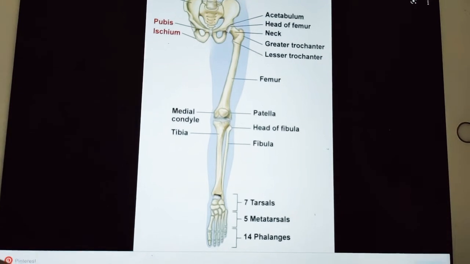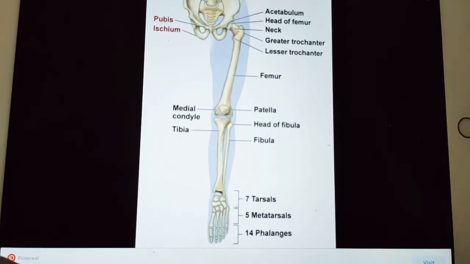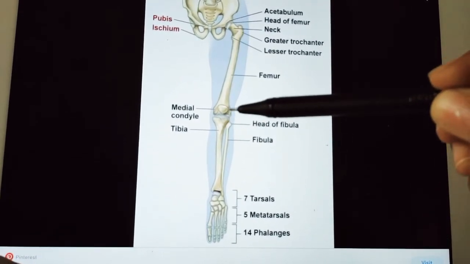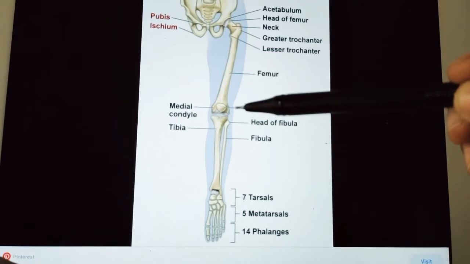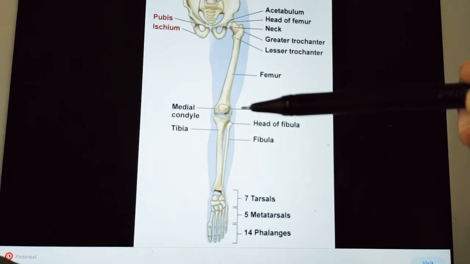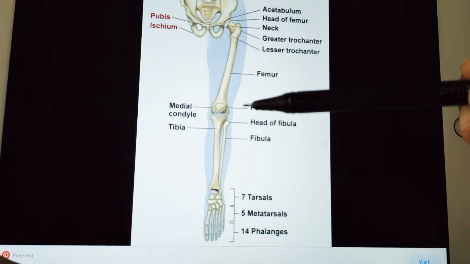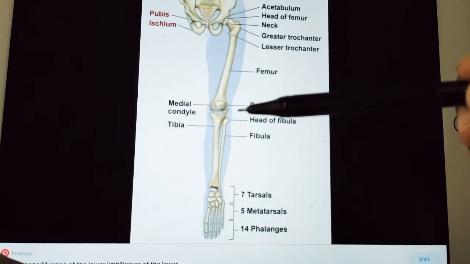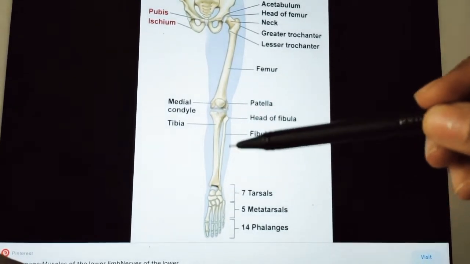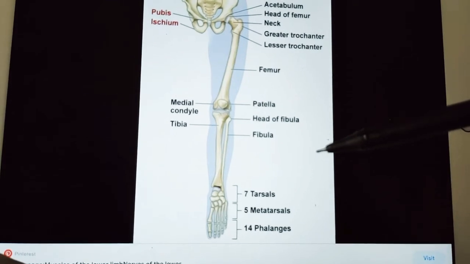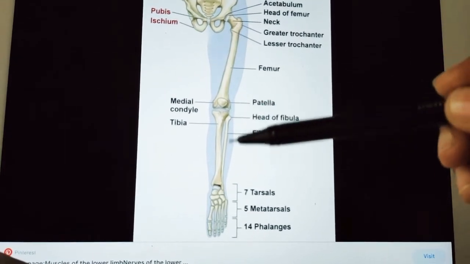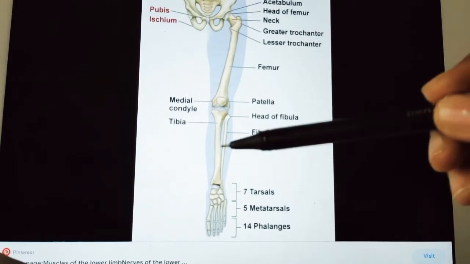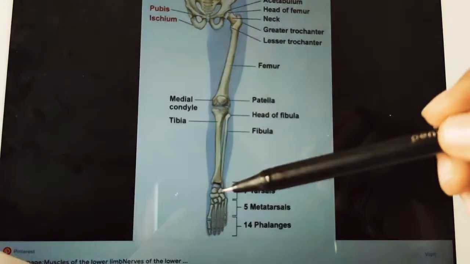Next you have the quadriceps femoris, which is an extensor of the knee. This is the knee joint, so to extend the knee you need the quadriceps femoris. And also you have the gastrocnemius and soleus, which will be at this region, and they are the plantar flexors of the ankle. So this is the ankle, right? The plantar flexors of the ankle are those muscles.